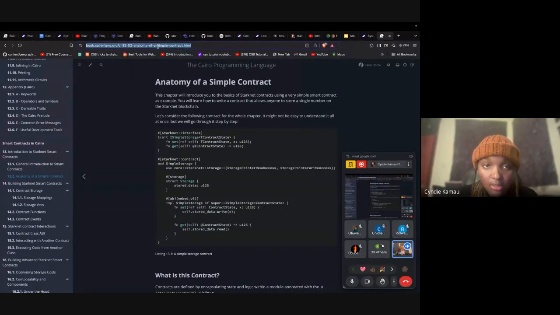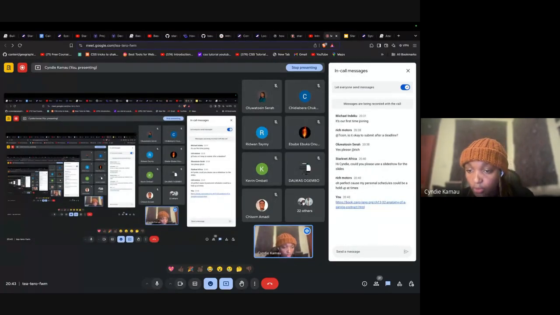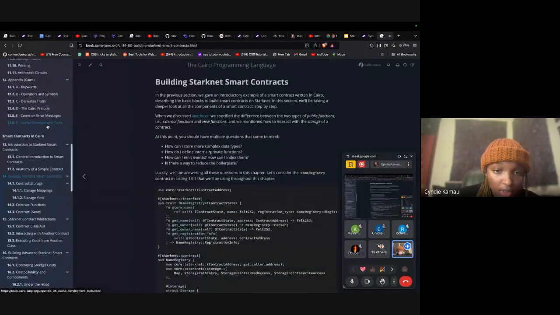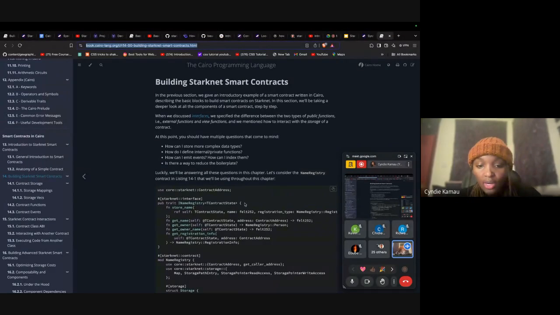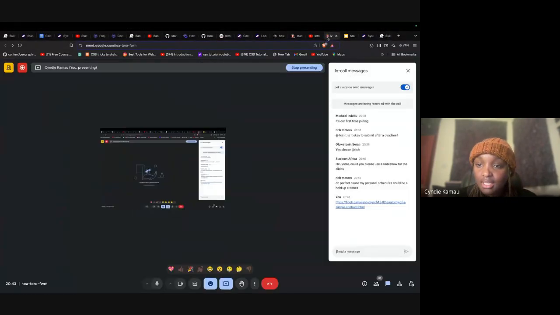So let me just quickly share this link here, just as house rules, so that we can have a very smooth experience, right? And then when we start talking about other advanced things for smart contracts, we are going to go and decrust this smart contract. You can copy it, but we'll also show you how to create a Starknet, or rather a Cairo file, so you can paste it there and play around with it.